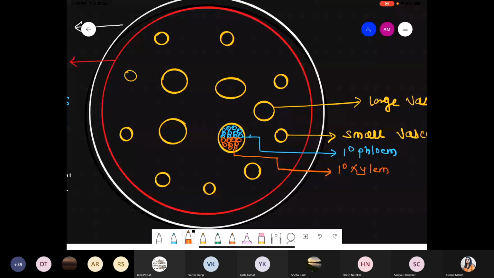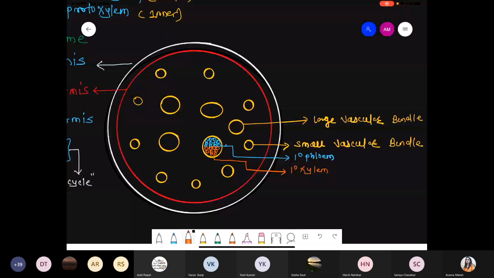Please remember, all the vascular bundles are scattered. There is no proper position. They are scattered all over the structure. And cambium is also absent. Here we have represented only a single vascular bundle, only one. But please remember, whatever the small size vascular bundles are there, even large size vascular bundles are there, all have such an arrangement, that is half portion is phloem, half portion is xylem, without cambium. Okay, without cambium.